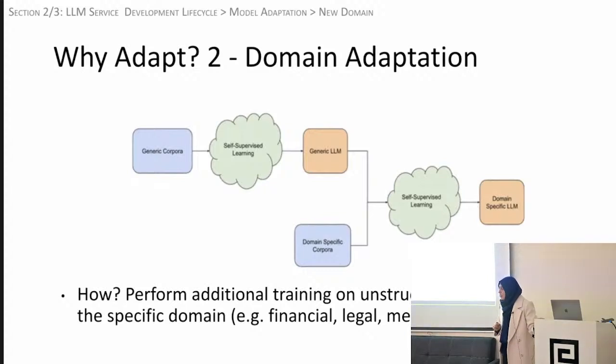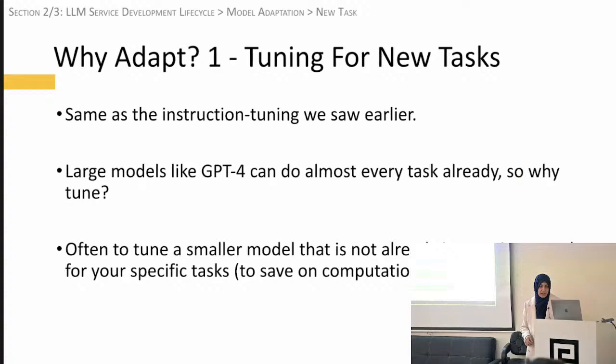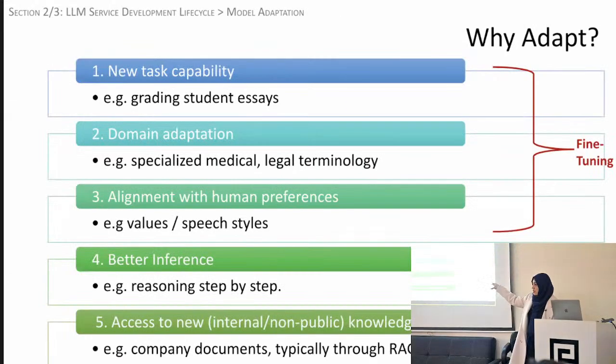Could you repeat your first question again? I didn't understand. Between this and the prompt engineering step number 5 that you showed in the previous section. So here you're actually training the model. You're changing the weights of the model, right? It's a training process like we have in machine learning. In prompt engineering, you're just changing the input of the model at runtime. The model is already deployed. Now you're figuring out what input you should give it so that it performs best. Okay? Is that clear? This is the fine-tuning part. Yeah, this is fine-tuning. So they're completely different mechanisms.